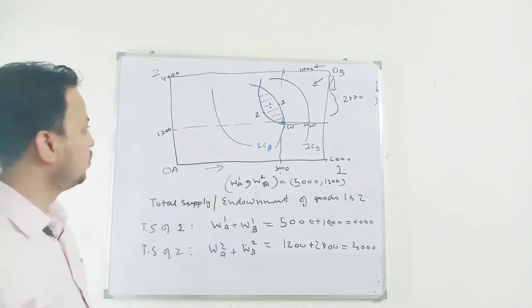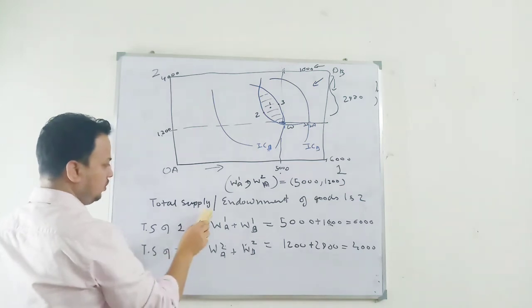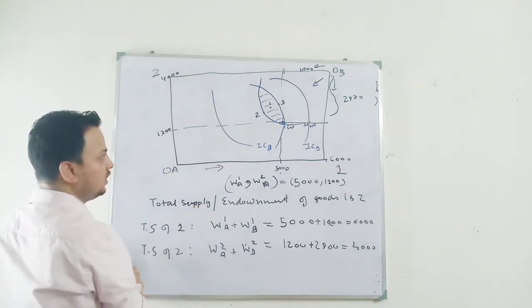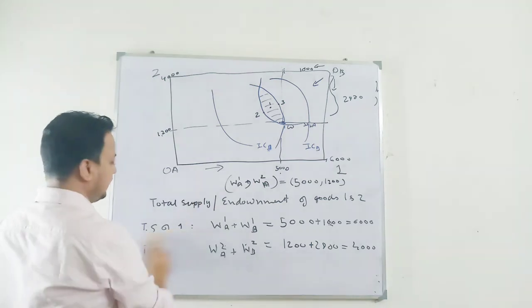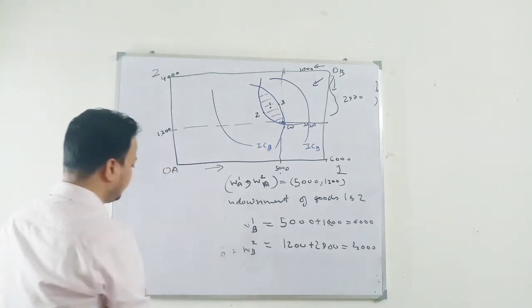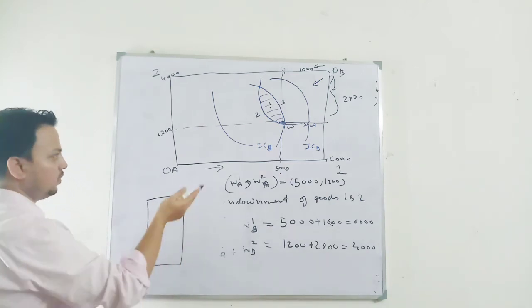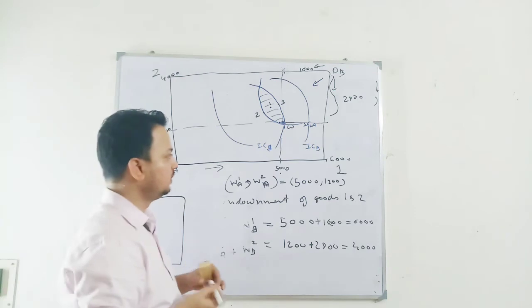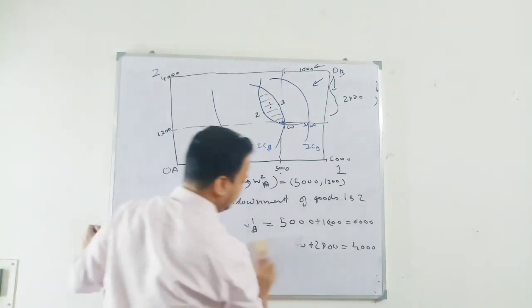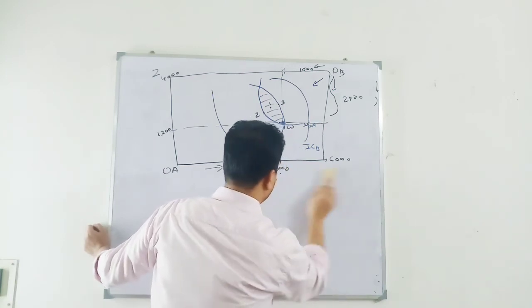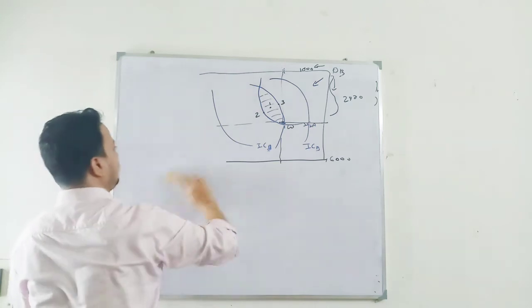So you should know how to draw the Edgeworth box. Let me do this in a separate part. You need to take out the total supply, then only you can draw this box. It can be a rectangle, it can be a square, it can have any shape. It can have a shape like this also. Depending upon your endowment, it can have any shape. So you just need to know how to take the total supply, then you can draw the endowment box.